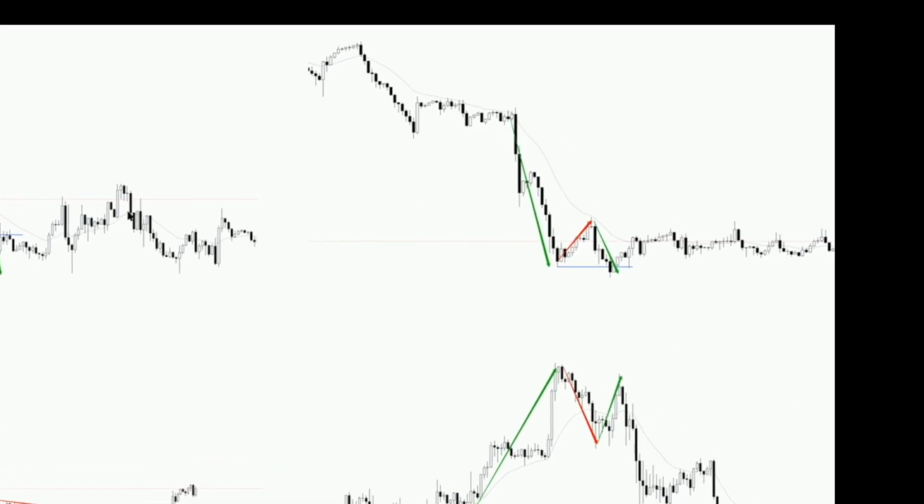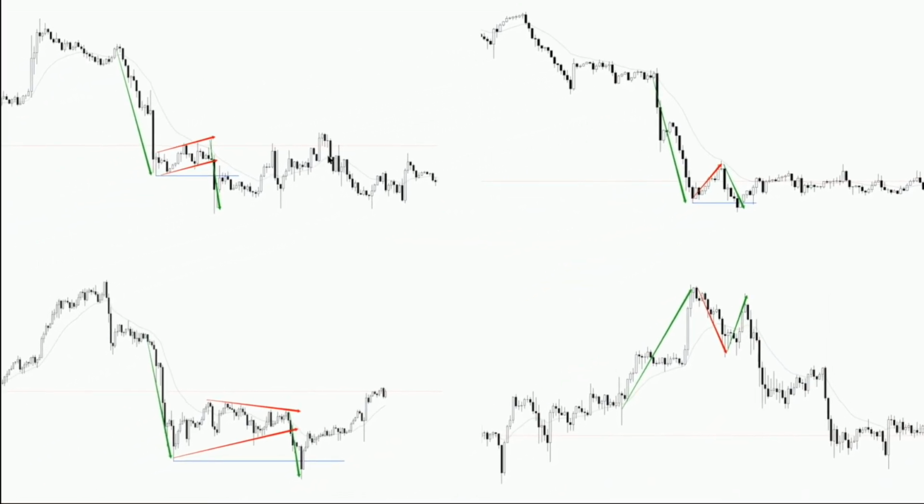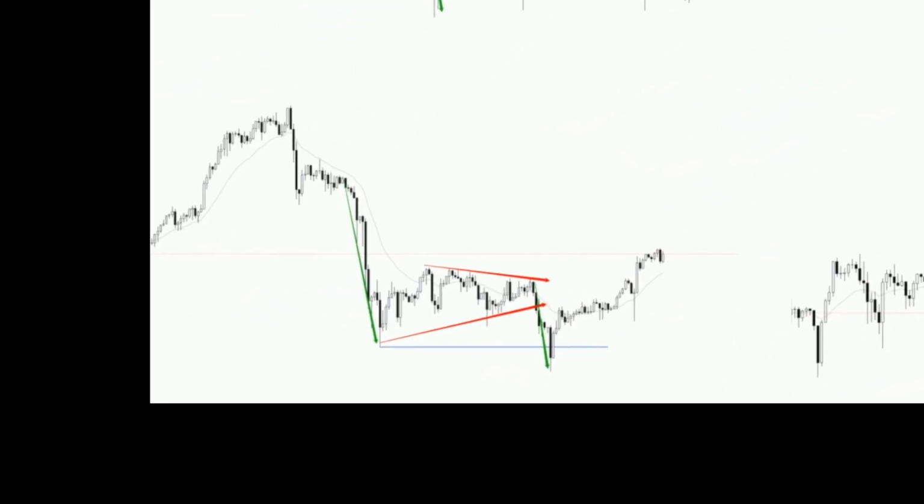In the second case, there is a strong downward movement, a simple pullback, and then a continuation of the drop. But the continuation of the drop is also weak, with only a small breakthrough of the previous swing low. In the third case, there's a downward trend followed by a converging consolidation pattern. After the adjustment pattern breaks down, the downward trend continues, barely breaking the extreme value of the original trend before